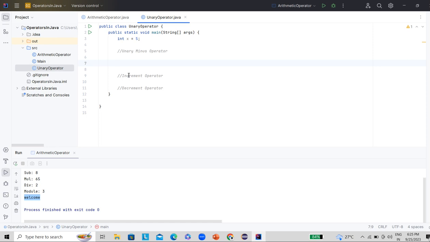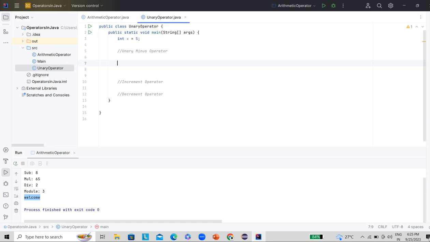This operator is used to negate a given value. Negation means converting a negative value into a positive value and a positive value to a negative value. For example, here we have given x equal to 5. If we perform the unary minus operator on this value, it is going to return -5 because this is a positive integer.